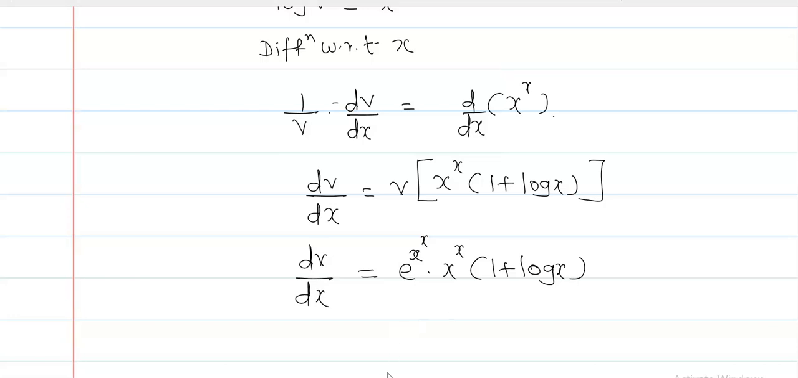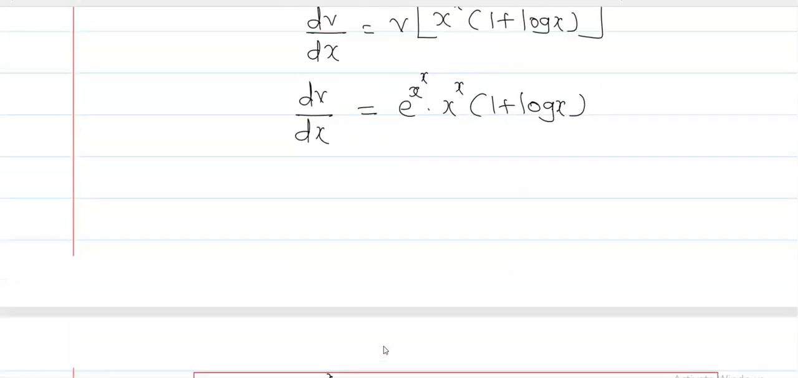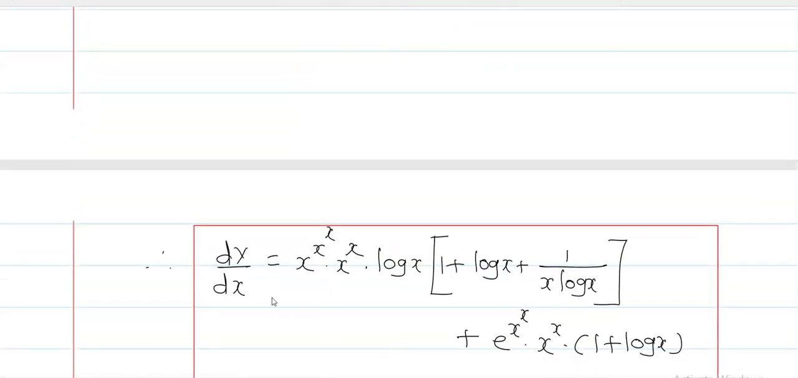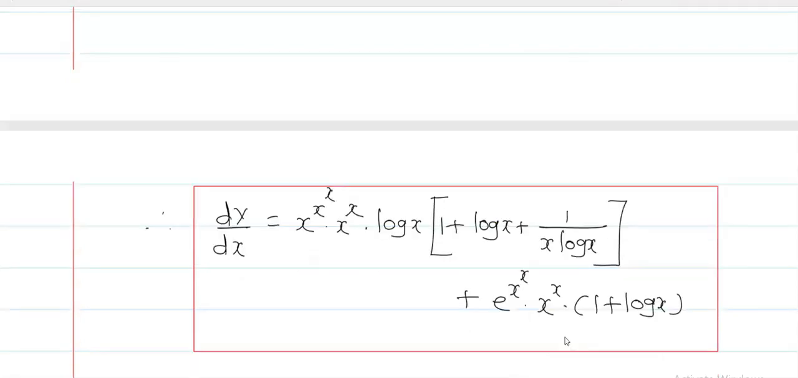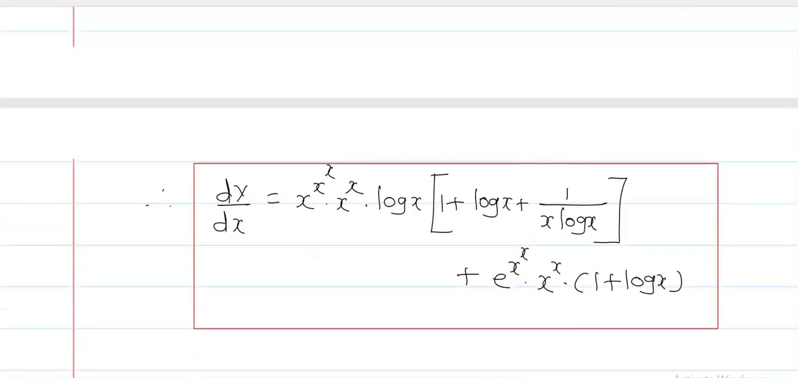And that's why we get the answer. That is, dy by dx is equal to x raised to x into x raised to x into log x in bracket 1 plus log x, plus 1 upon x log x, plus e raised to x into x raised to x into in bracket 1 plus log x. Now the next is